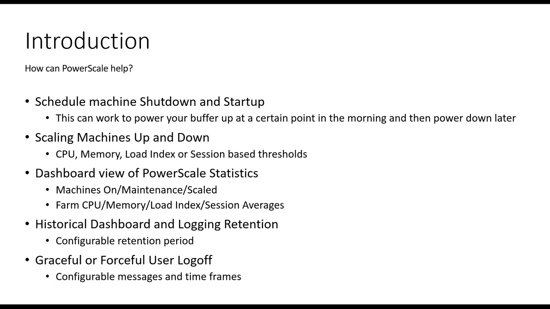So I wrote one, and then I put that in the community and got some feedback, and it's sort of been evolving ever since. So I ended up with this script that relies on Citrix broker infrastructure, so delivery controllers, and it talks to the delivery controllers to get the status of your machines, and it's able to power manage machines in any environment, on-prem or in the cloud, and shut them down and manage them for you. And it creates some nice dashboards and stuff. So what I'm going to run through now is what it does and how you configure it, how you set it up, and then once you've got it set up, what are the options.